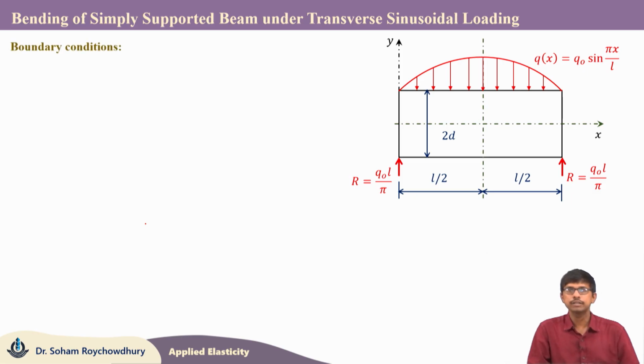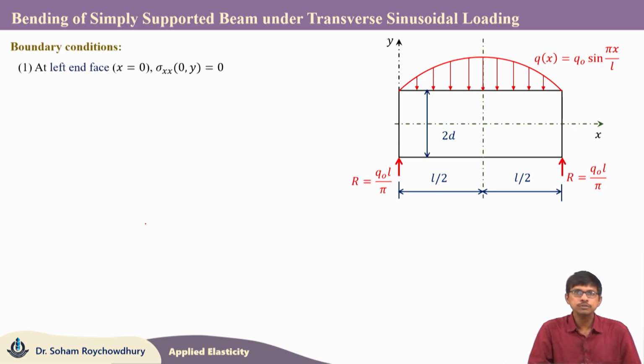Now, let us try to write down the boundary conditions. So, starting with the left edge. This edge is the x equals to 0 face, whereas the right edge is the x equals to L face. So, at x equals to 0, the left edge, there is no axial stress. So, sigma x x should be 0 for the left free edge. However, shear stress would be present on the left edge because of this R. This R is basically causing a shear stress distribution on the left edge, same for the right edge.